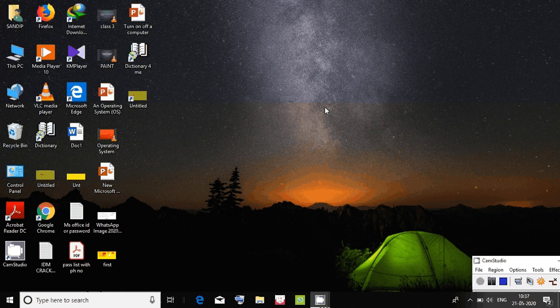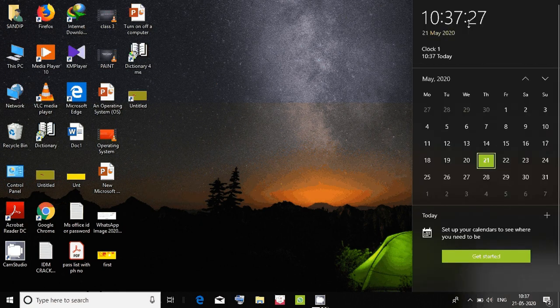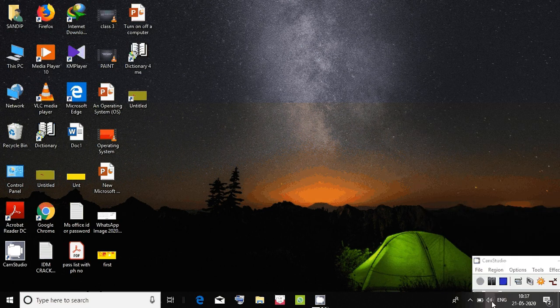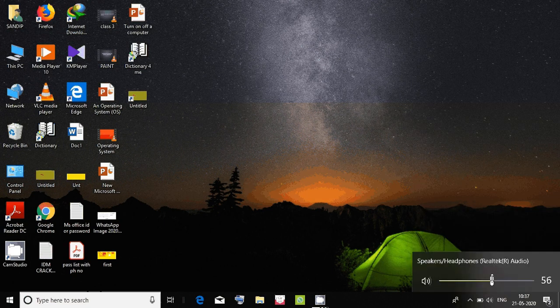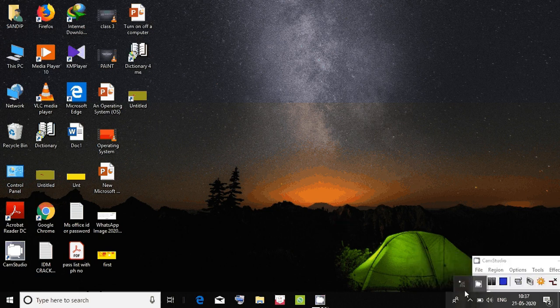So we studied about the search box, left pane and right pane. Now it's time to know about the notification area. Let's come to the notification area. Here you see date and time. When you click on date and time, we can set the date and time. But you are not advised to change date and time because it is related to your system settings and we should not disturb that. Apart from this, we have a volume here. See, you can set the volume. Here is language. Language also we are not going to change. Here are some hidden icons like network.